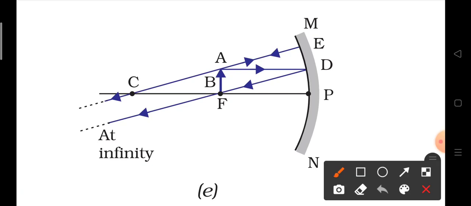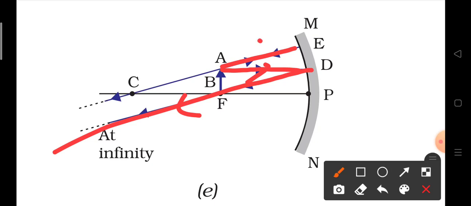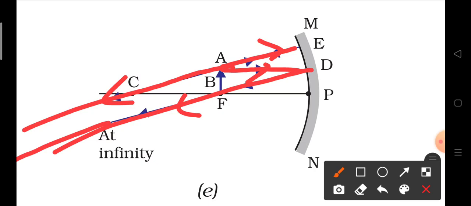Now we are moving towards case number 5, when the object is placed at focus. When the object is placed at focus, the light ray which has been coming parallel to the principal axis will pass through the focus, that we know, and the light ray which is coming from the center of curvature will move back from the center of curvature. Now these light rays appear to be moving parallel to each other, but actually they are not parallel, but they meet after traveling a very large distance. Okay, so that is why the image is formed at infinity.